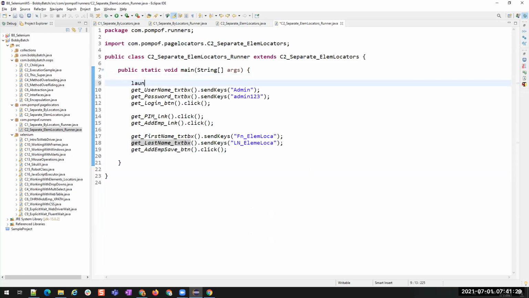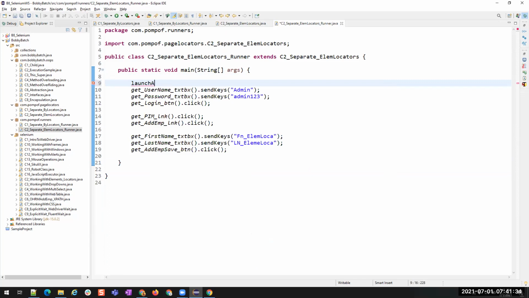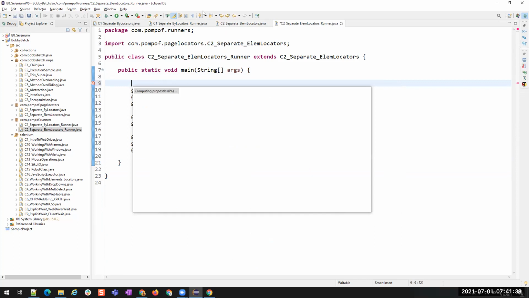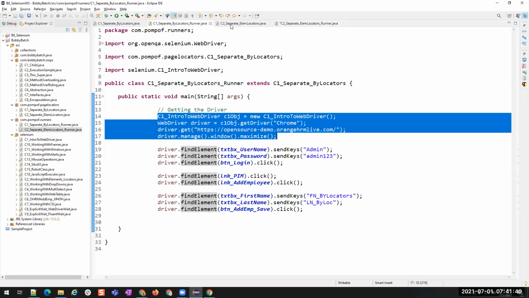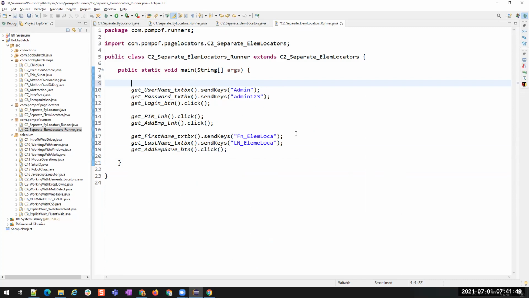So I'll call launch application here, in the separate element locators.